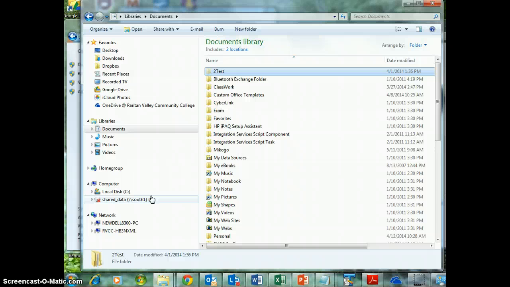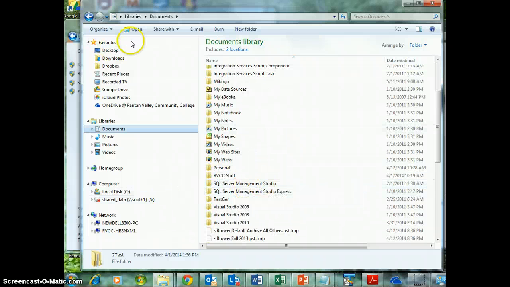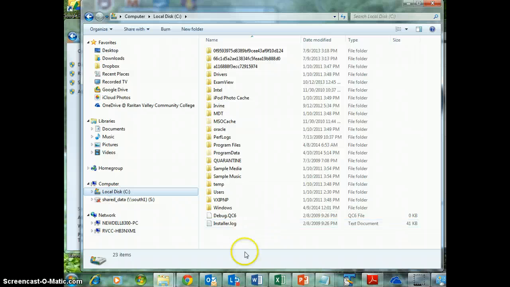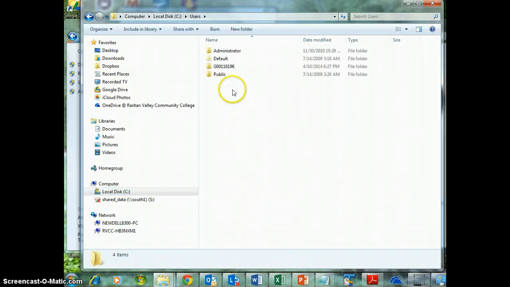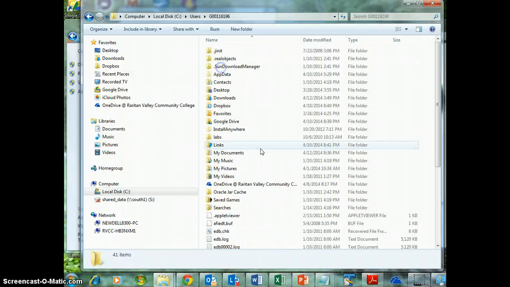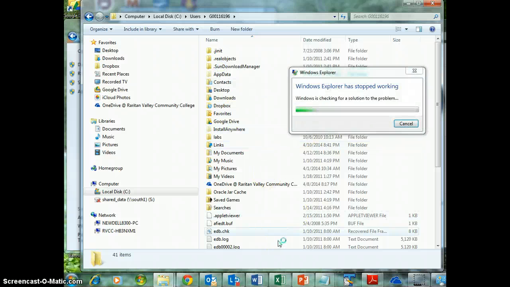And so one more folder thing, since I'm talking about that in Users. For each account that would be set up on the machine, which for me right now I only have one, which is the G number, there would be a series of folders under it, of which I